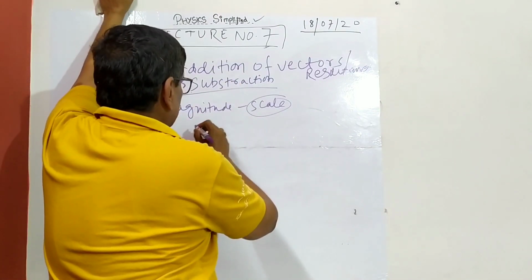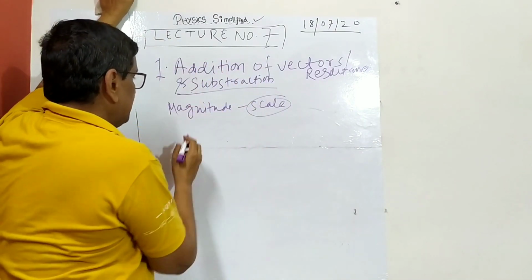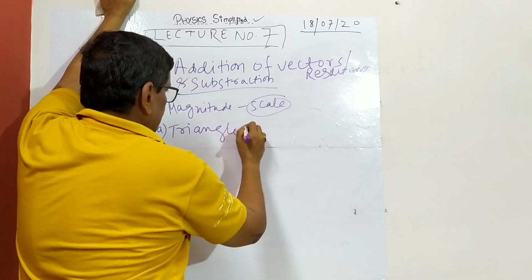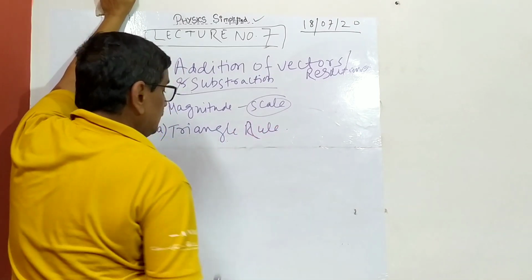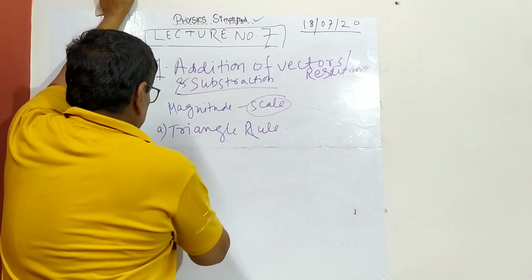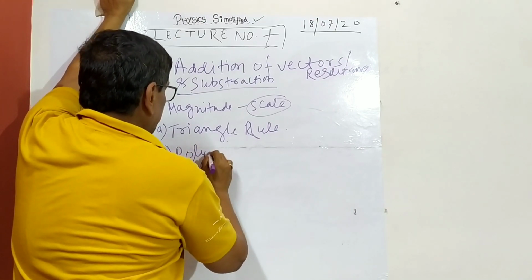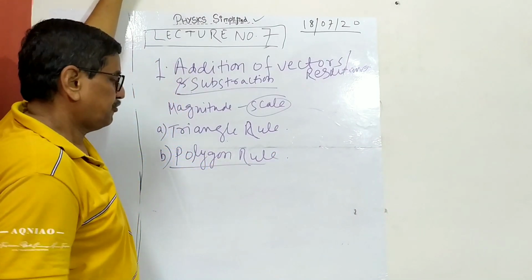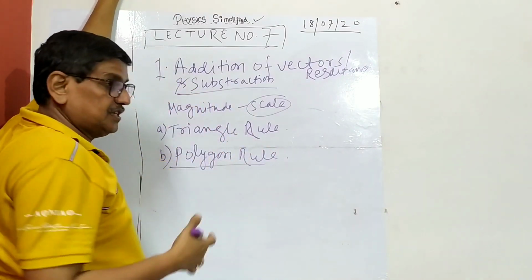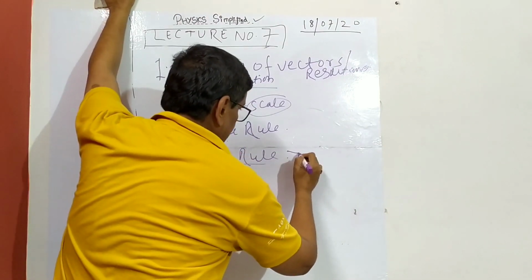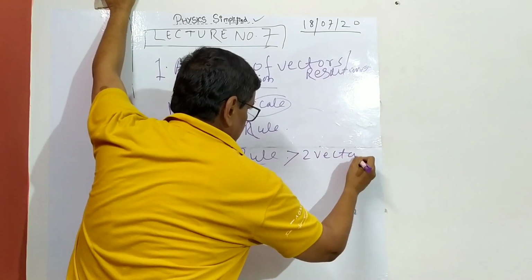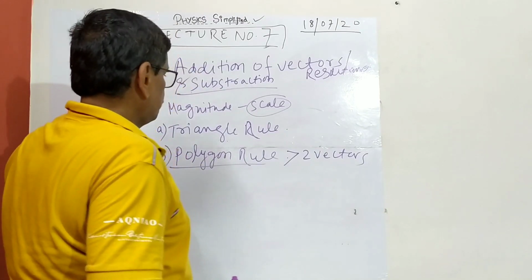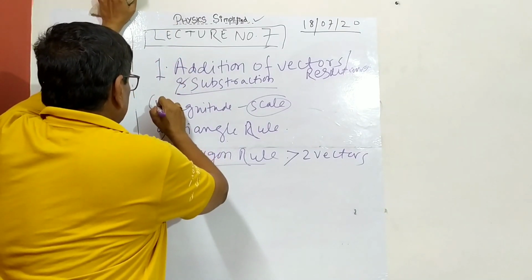But graphically, addition and subtraction of vectors are done by two rules that are called triangle and polygon rule. Triangle rule and polygon rule. Polygon rule is for more than two vectors. Polygon is very interesting because you will find it everywhere, particularly in electrostatics, electric field, or gravitational also, where there are more than two forces, more than two fields. So this is for more than two vectors or two. Polygon is called, triangle rule is up to two. Both are there. You can get both of them. So in graphical, this is called graphical.